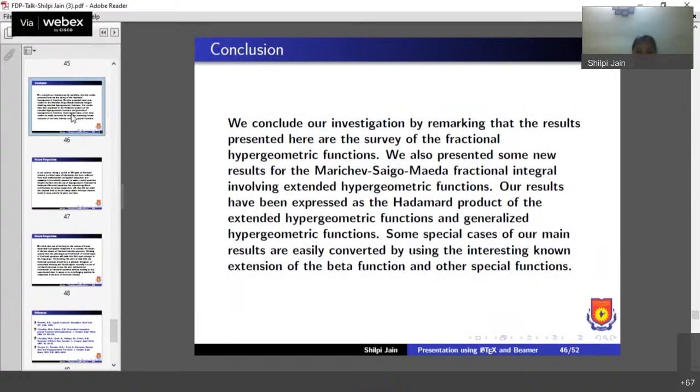Fractional calculus is very useful in many applications. We conclude our investigation by remarking that the results presented here are a survey of the fractional hypergeometric function. We also presented some new results for the Marichev-Saigo-Maeda fractional integral involving the extended hypergeometric function. Our results have been expressed as a Hadamard product of the extended hypergeometric function and generalized hypergeometric functions. Some special cases of our main result are easily derived by using the known extension of the beta function and